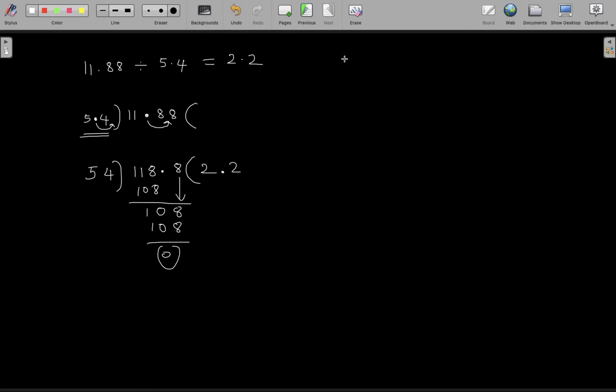Let us say another example. Say I have 69.92. I want to divide this by 7.6. How can we do that? We have 69.92. We are dividing this by 7.6. Right? Now this is a decimal number. What I want to have here is a whole number. When can this be obtained? When you are shifting the decimal point one position. So we will be shifting this decimal point also one position towards the right, making this 699.2.